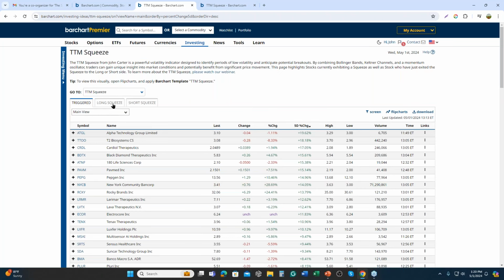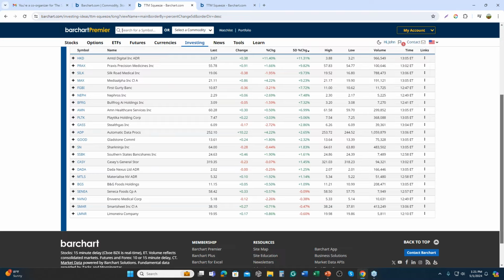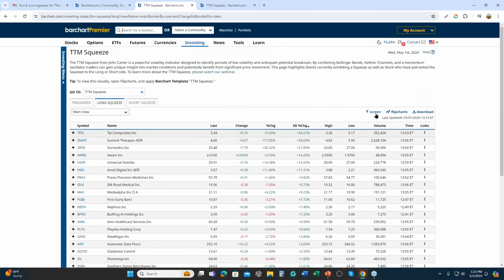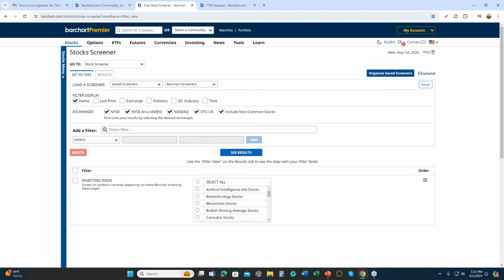So let's go to a long squeeze here, and I want to show you a couple features. First of all, these are all the stocks that are firing a long squeeze today. And I can come in here and screen on them. Now, from this point on, screening, you need to be a subscriber of Barchart, either a Plus or a Premier. And what I can do here is see the results of the long squeeze,